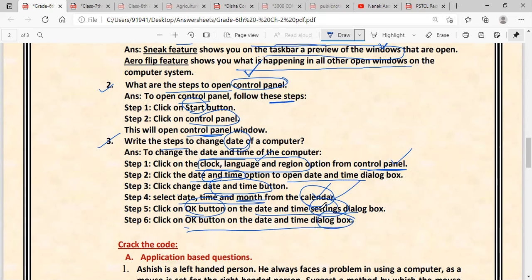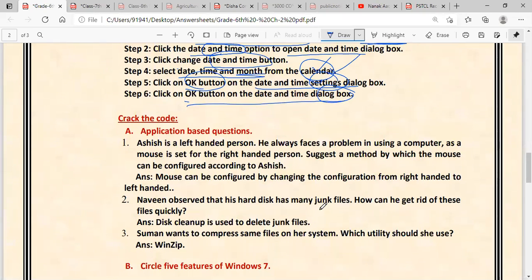Now next is Crack the Code, the application based questions. Anish is a left-handed person. He always faces a problem in using a computer, as the mouse is set for right-handed use. The mouse is set to the right-handed setting, but Anish is a left-handed person.